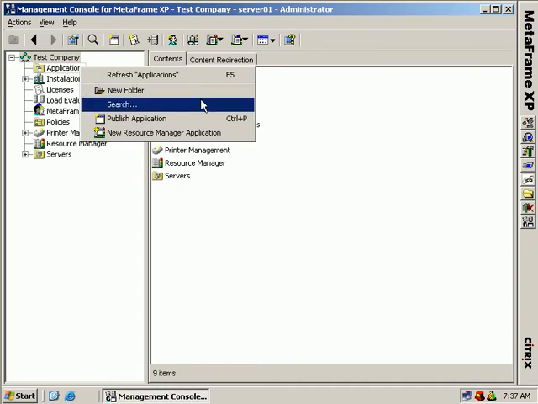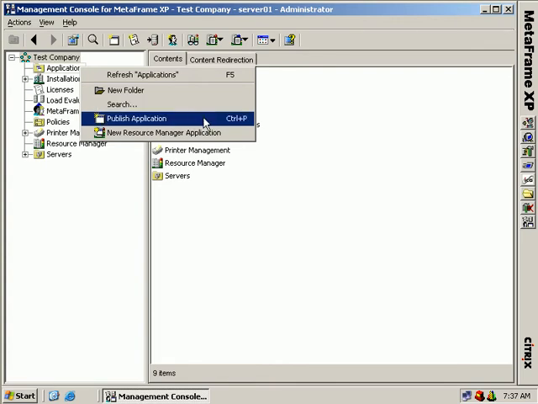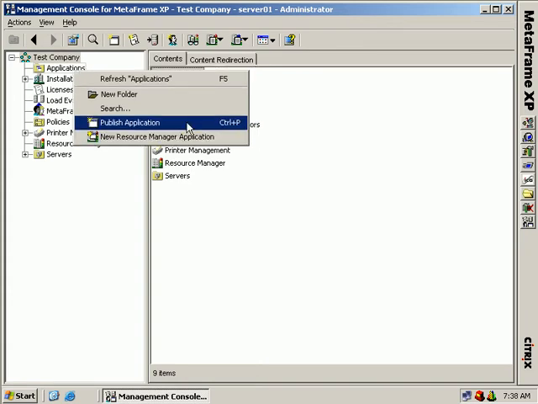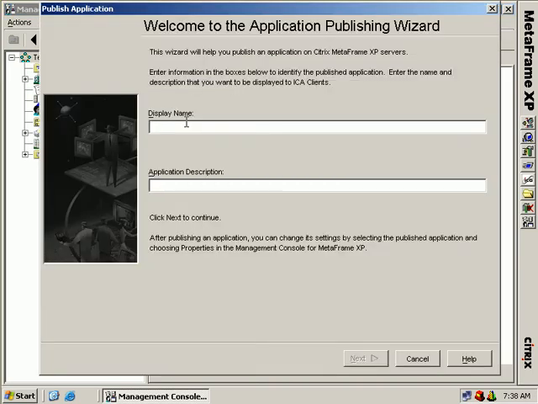Now next we can search for a specific application that's assigned to specific users. Then we can publish an application as well as create a new resource manager application. So we'll select Publish Application, and this starts up the Publish Application wizard. So the first thing we need to provide is a name for our application and a description. Now this is only a display name, not the actual parts of the application,